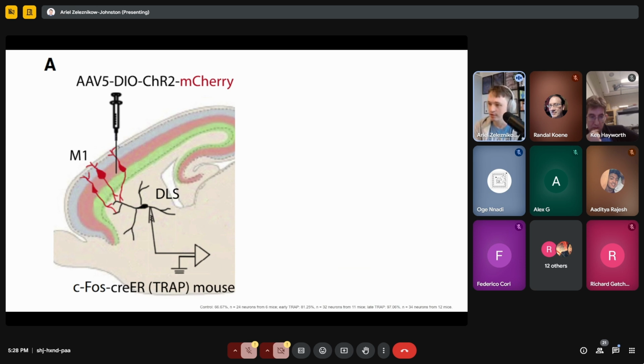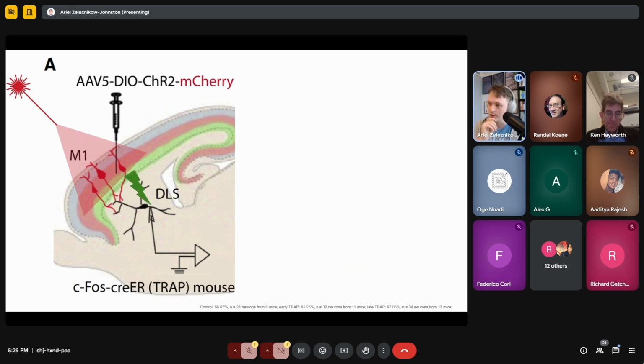We'll get into the variations. And they do that by optogenetically inserting channelrhodopsin 2 labeled with mCherry. So now when they shine the light on them, they're going to become active